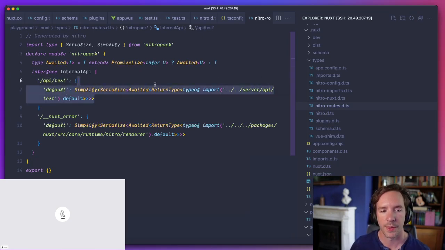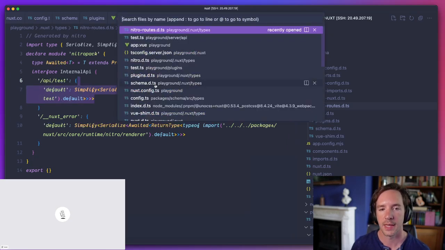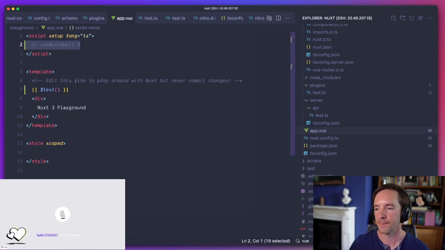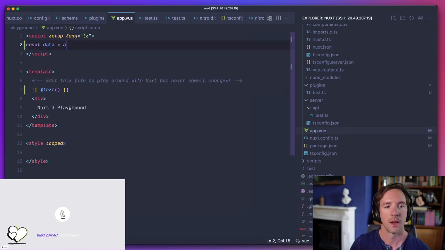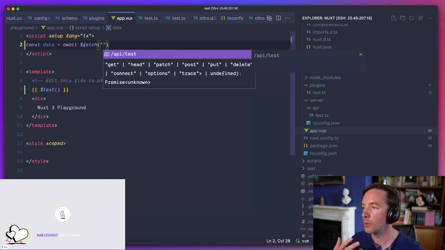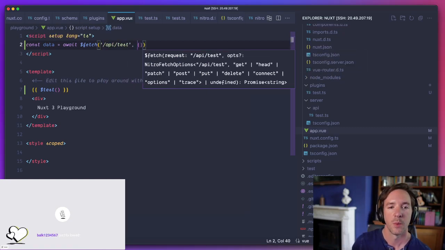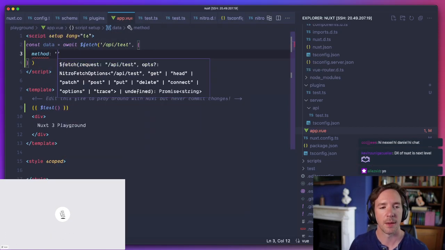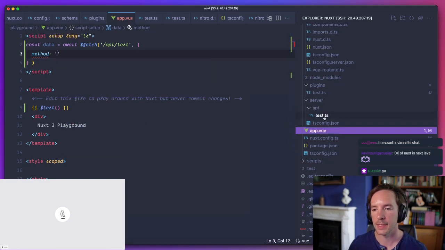basically points that path to the API. It doesn't do anything more than that, but that then means we can hook into that augmented type and do things like await $fetch, and we can get autocomplete for that route. We can get method support for it as well. That one can take any method because it doesn't have any restriction.